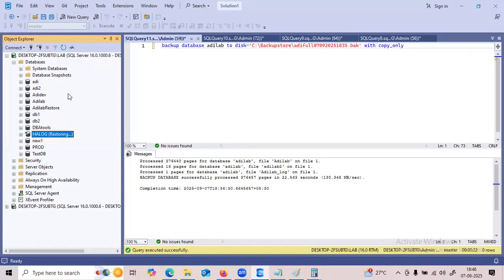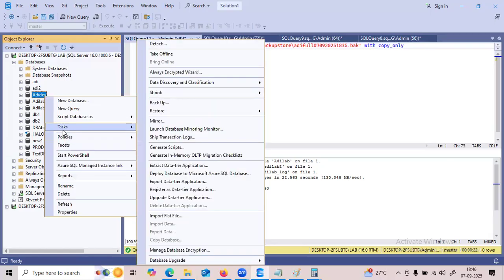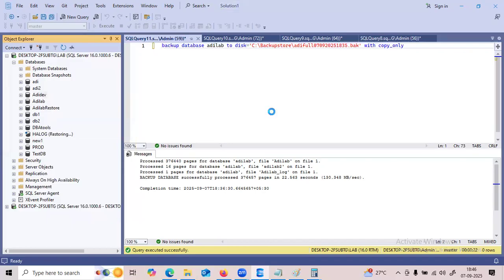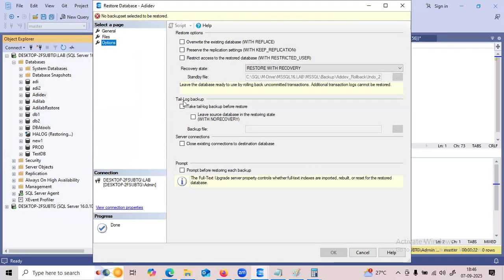Then once the database is in restoring mode, we can restore the previous backups. If you go here, go to Tasks, Restore, Database, then Options, it will ask: take a tail log backup. So that is a tail log backup. Here the database is not corrupted, but even though I'm taking a tail log backup, what is the purpose? I want to keep the database in no recovery state.